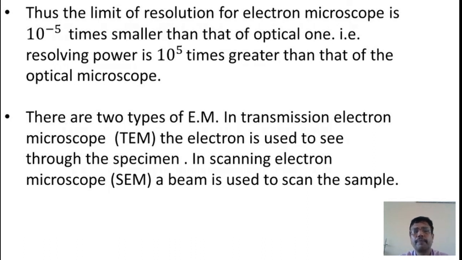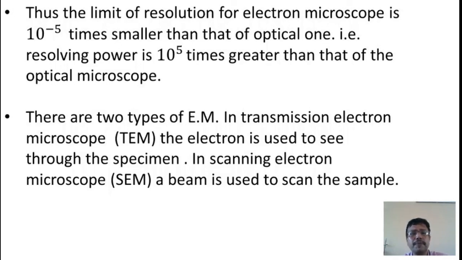Whereas in the case of an optical microscope, instead of an electron beam, light radiation is used to get the magnified image. And a third distinction between an electron microscope and an optical microscope is that in the case of the electron microscope, the electron beam gets condensed, meaning focused, and produces magnification with the help of magnetic lenses, which are not lenses made of glass material. Whereas in the case of the optical microscope, glass lenses are used to focus the radiation onto the specimen. So these are the three main distinctions between the electron microscope and the optical microscope.